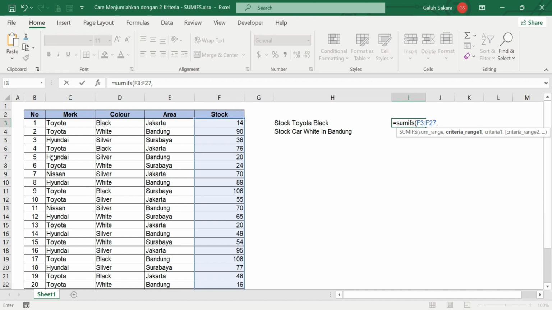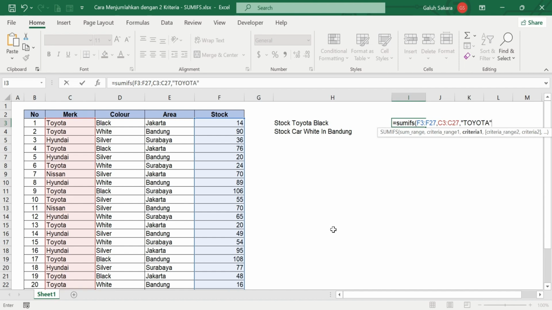So we need to input this column as the make column, meaning the type column, and then block all the data from these columns, and then comma,